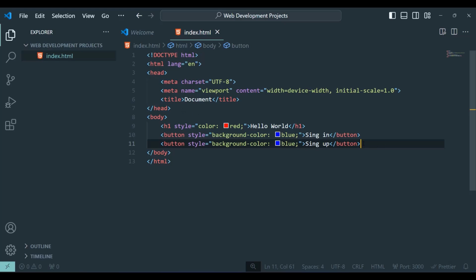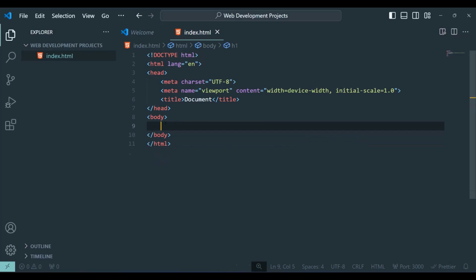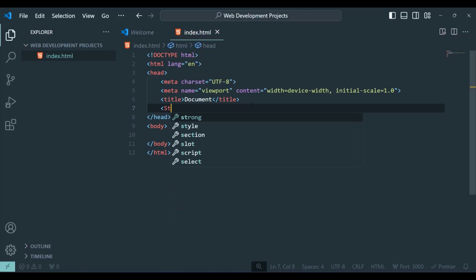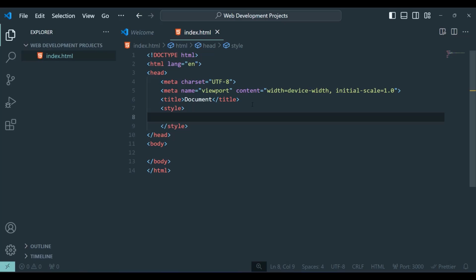Another way to do this is to use internal style. So I'm gonna go here, we use the style tag, and I'm gonna create an h2 here. H2 is gonna say hello world.